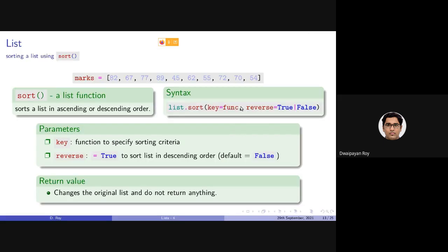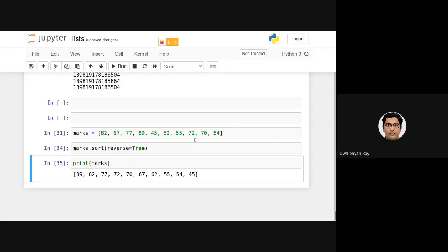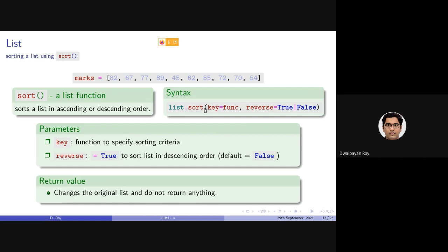Now the other parameter is called key. The key is basically a function that will specify how you want to apply the sorting, in what way you want to compare the individual items. By default, in this case, as the list contains integers, the key is basically integer comparison.